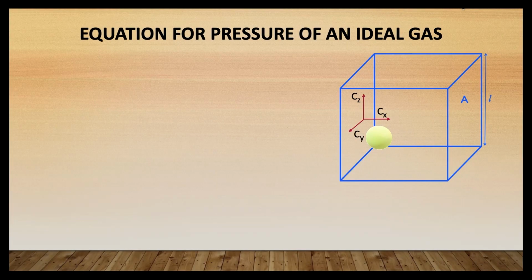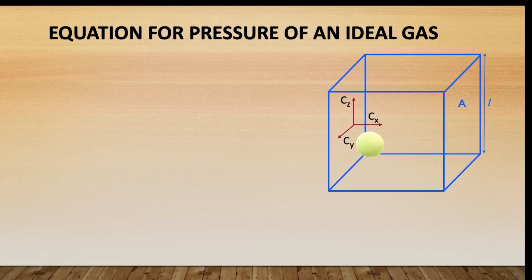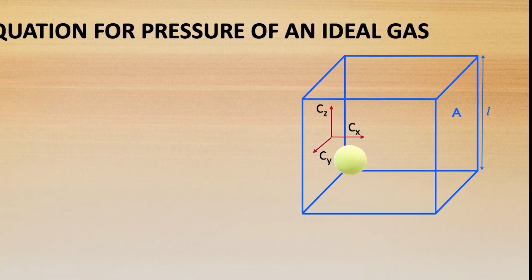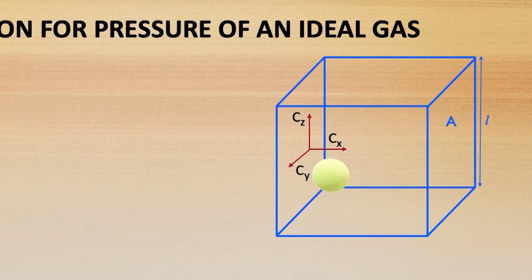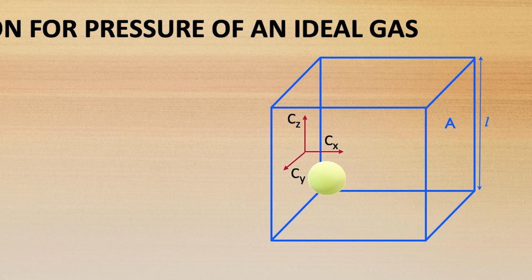Gas molecules are always in a state of constant motion and they collide with each other and with the walls of the container. Here, intermolecular force is supposed to be 0 because we are considering the case of an ideal gas. Now, consider a gas molecule moving with a velocity v about to collide on the opposite wall. We know that according to the kinetic theory of gases, these collisions are perfectly elastic. So, considering the wall A of the cube which is parallel to the y-z plane, the molecule's velocity component vectors are Cx, Cy and Cz.